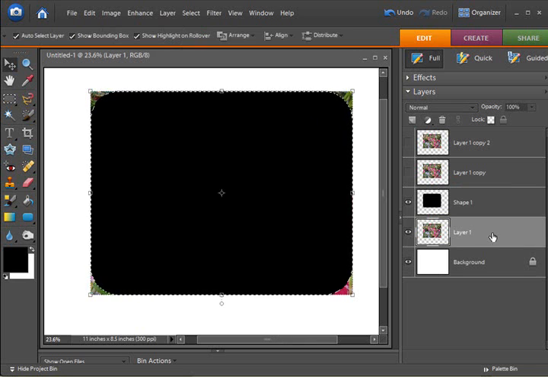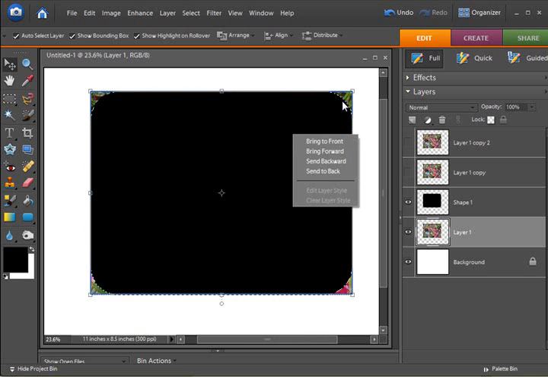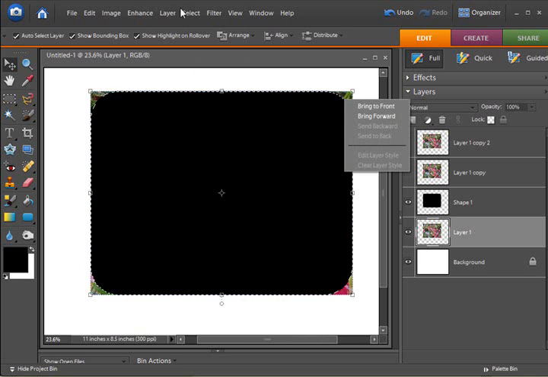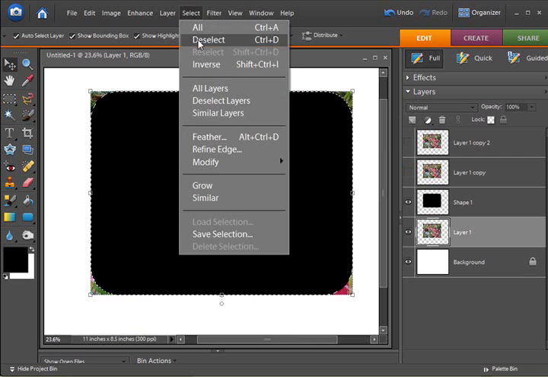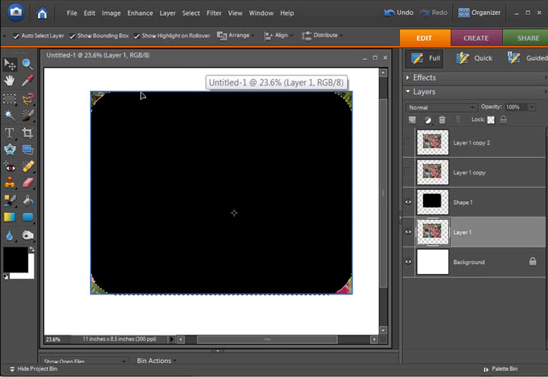I'm going to make my photo layer now the active layer, and you can see I've got marching ants around the template, and now I'm going to simply, let's see, it doesn't work right clicking that. I'm going to go to the select drop down menu and choose inverse, or you can see the keyboard shortcuts are Shift Control I, and this is going to select all of the area outside of the template. Rather than this area in the black being selected, this area on the outside of the template is